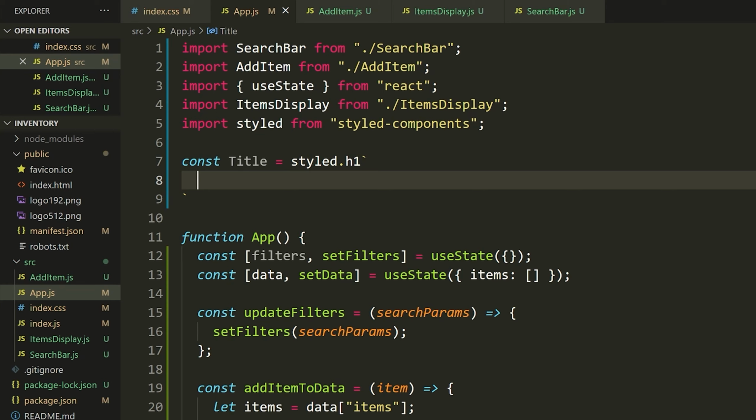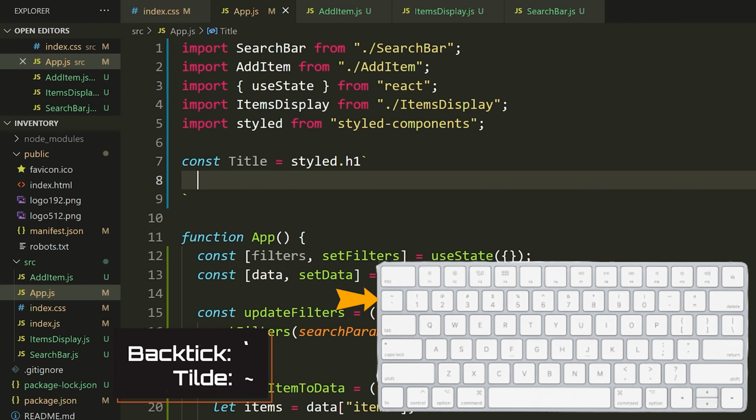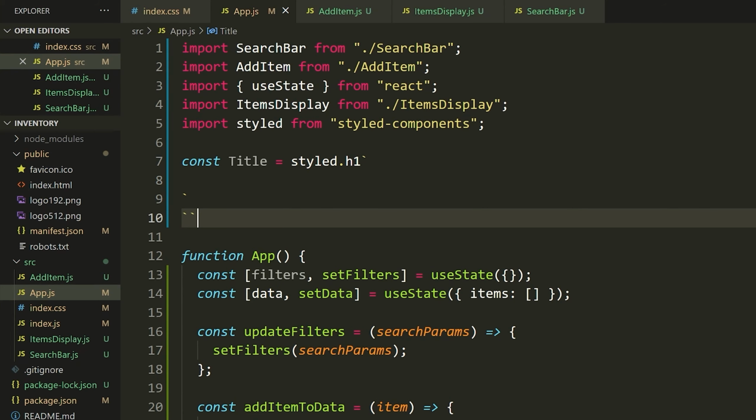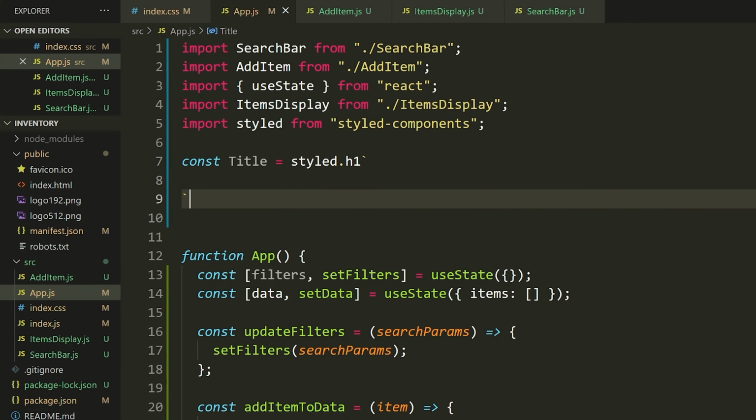Now, what is a backtick? On your keyboard, there's something called a tilde. I'll have my editor pop up what a backtick and a tilde are so you can see where they are, but it's usually right underneath your escape key, on the left side of your keyboard above the tab key. Some of you may have to use the function key to access it if you have a shorter keyboard. Above the tilde, you have this backtick, and you can just use it. It looks like a quotation mark, but it's different. It's called a backtick. Okay, anyways, we got over that.